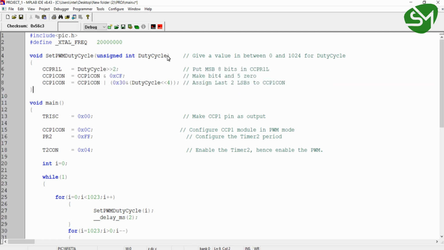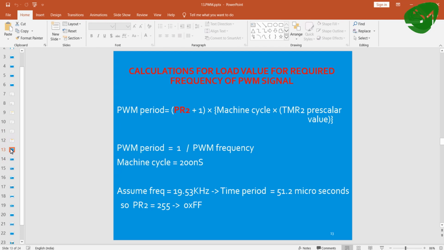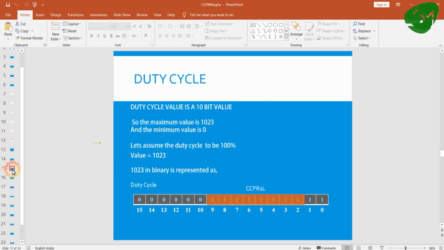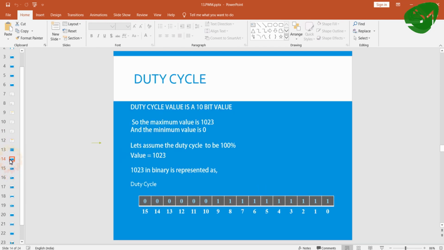As you can see, we are receiving a parameter called duty cycle. As I said, the duty cycle value is a 10 bit value. So let's assume the maximum duty cycle value, starting from 0 to 1023. If it is 1023, that means 100% duty cycle is achieved. 1023 in binary is represented as 0000001111111111.